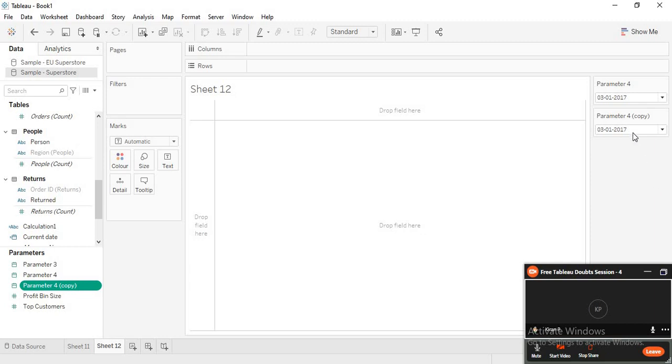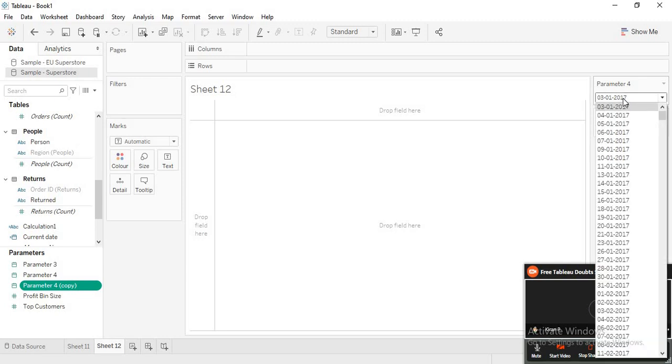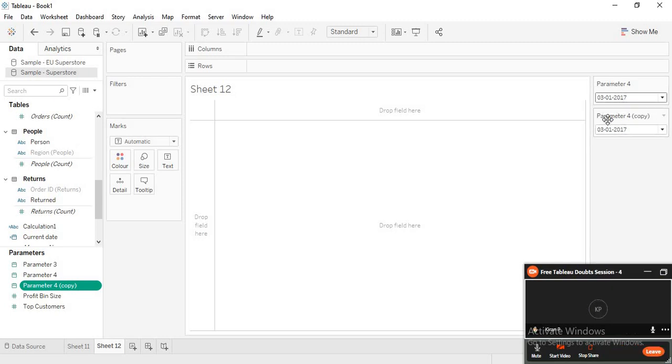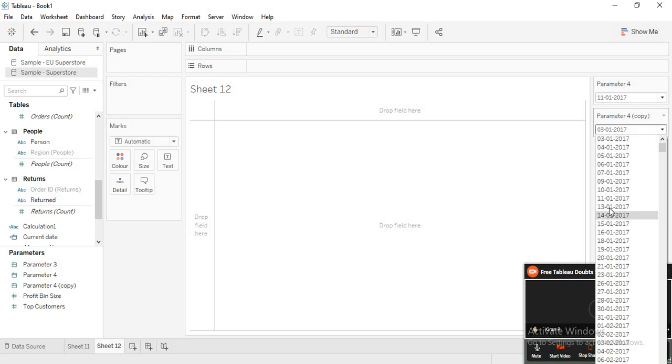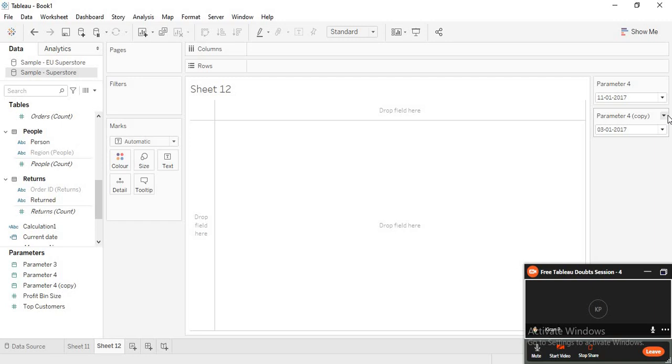The second parameter is the same, only the user has to select a date range in which he wants to see the details. Yeah, but if he selects here that this should contain data after this, right? Like if he selects 30 somewhere around 11, then here in this it should show from 12. Is that what you are asking? Yes. Then this can be a calculated field, right?